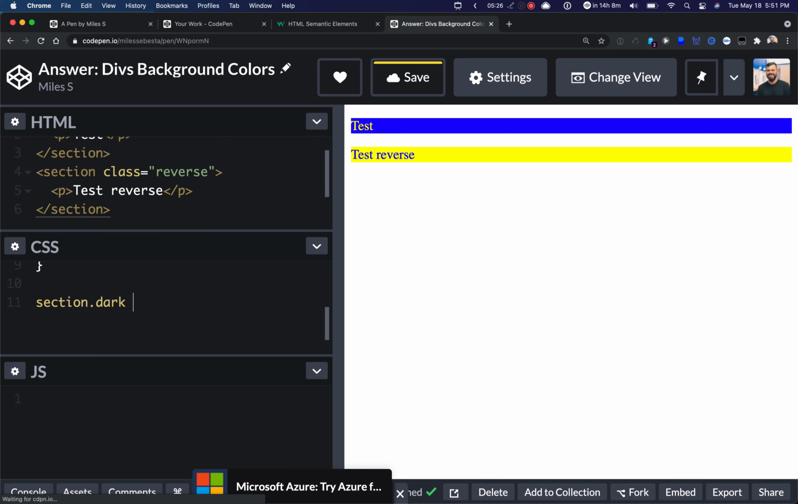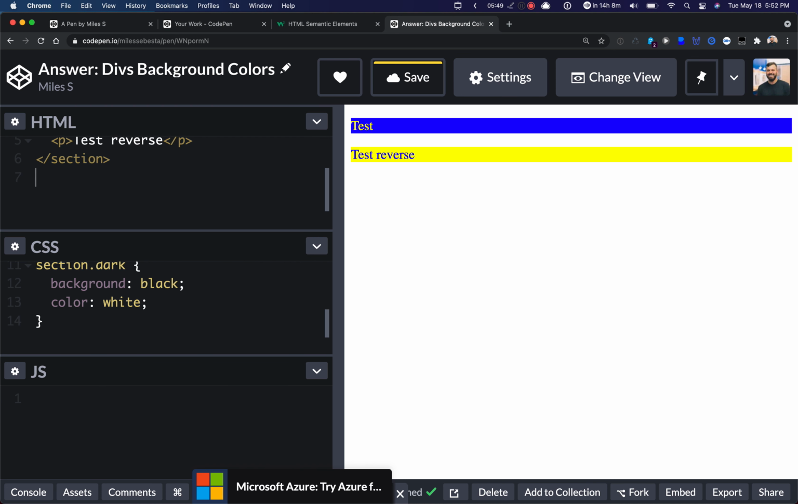We'll call it dark. We'll say background is going to be black. Again, we have what we're wanting to change, then we have the equal sign, which is a colon, and then we have the attribute that we're changing it to. Then I have here color white. So now if I create a new section,